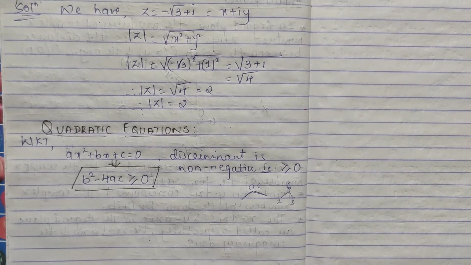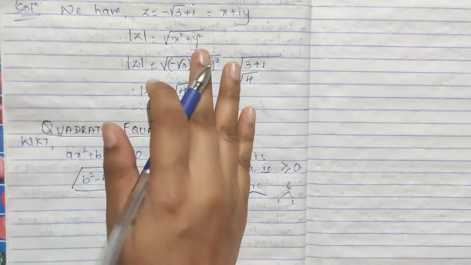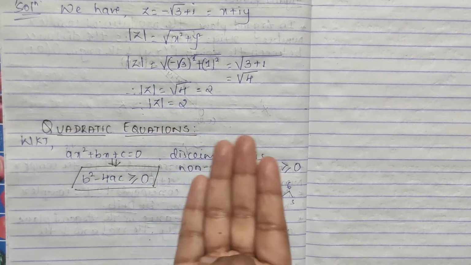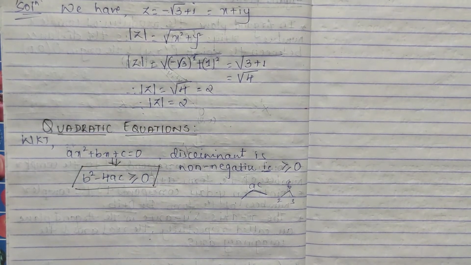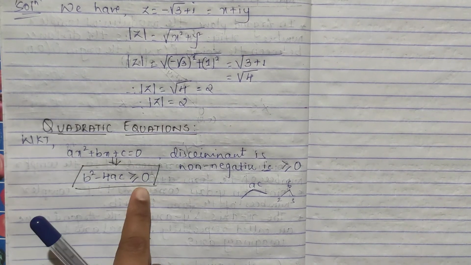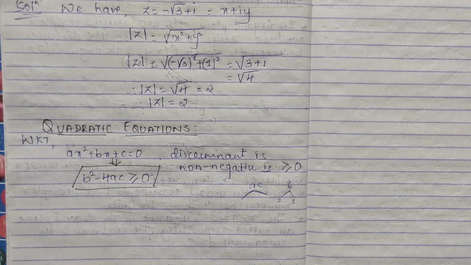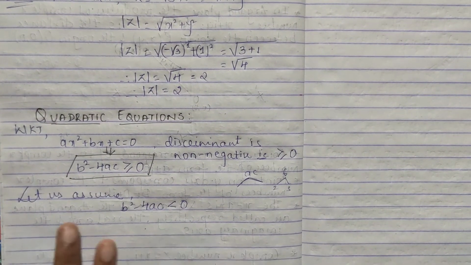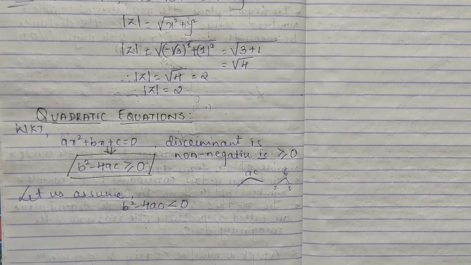Obviously, as we have studied complex numbers, that is where the negative part comes in. For x square plus 1, the solution was the square root of minus 1. So that all lies in complex numbers, right? With the help of complex numbers, we solved that equation. In the same way, in your quadratic equation also, we will see how to solve when the discriminant is negative. Let us assume that the discriminant is negative. We know that the negative part lies in the set of complex numbers, and we have done its solution also.